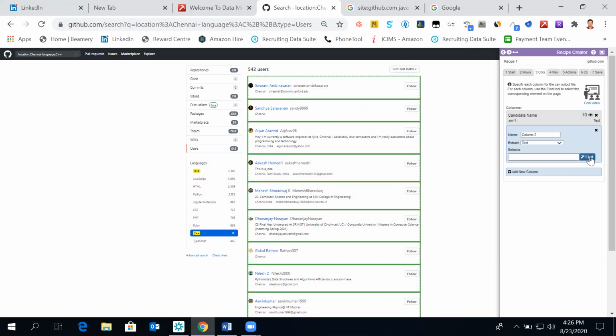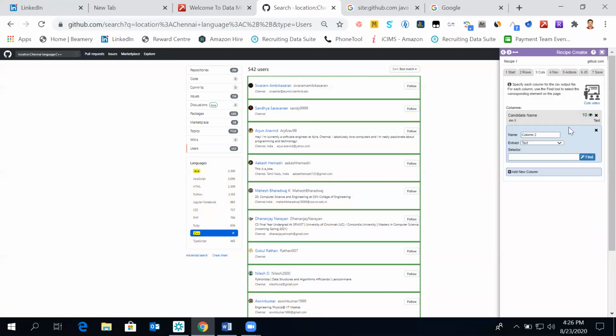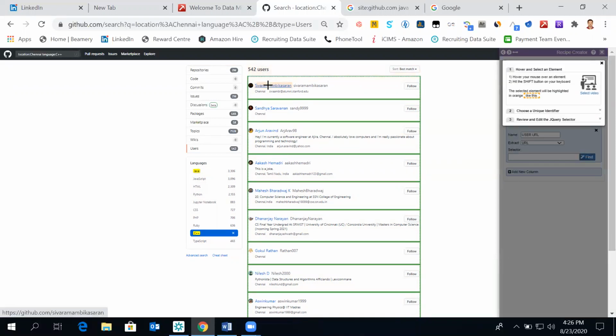Then add new, again find. This time I'll say add new column, user URL. So now I'll take this as a URL only. Again find. So there's a URL.